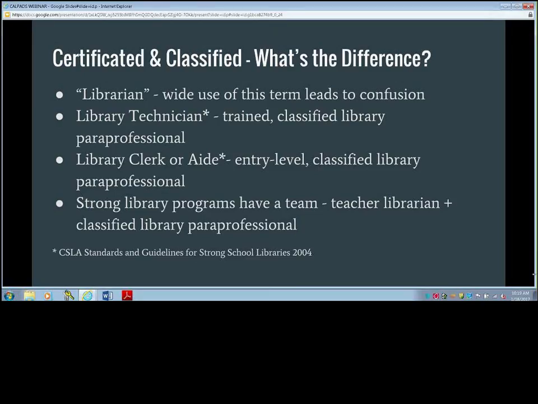You know, what it reminds me of, Renee, this is Glenn again, in a school office, there's a principal and the office manager. And one thing I think any of us who have been at a school site know is that you cannot possibly run the school without the office manager. In fact, when the principal goes off campus, that office manager can carry the day, potentially. But I can tell you right now, that principal will be the first person to tell you they can't do their job without their office manager. Similarly, it's the same way with a teacher librarian and a classified person in the library. You have to have that team to make it work.